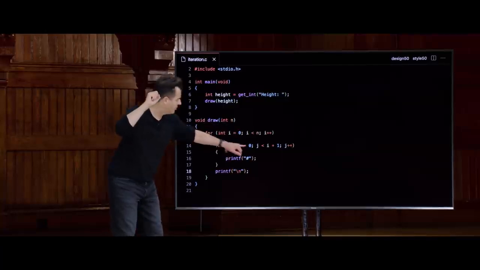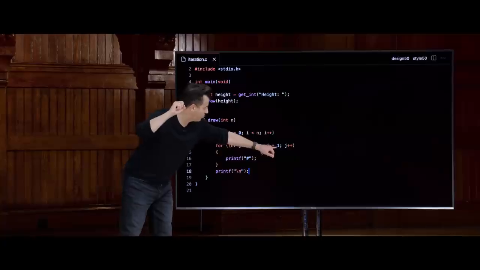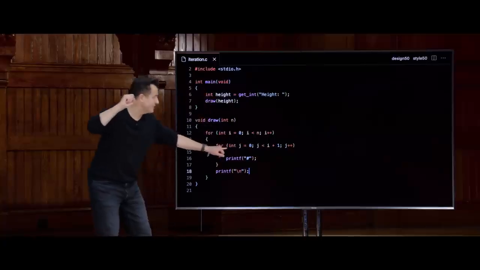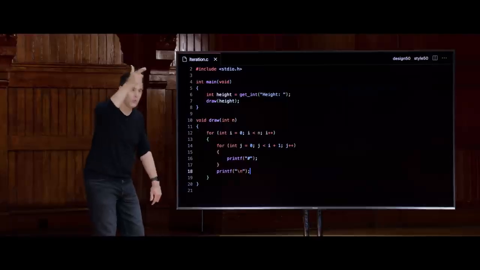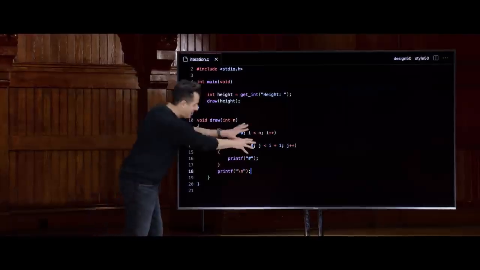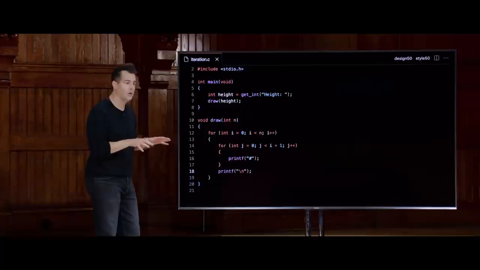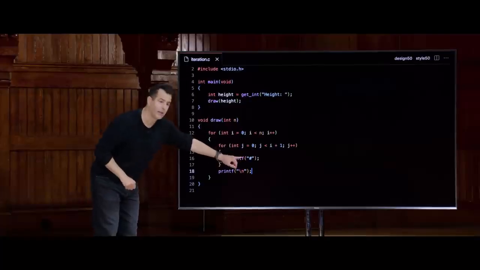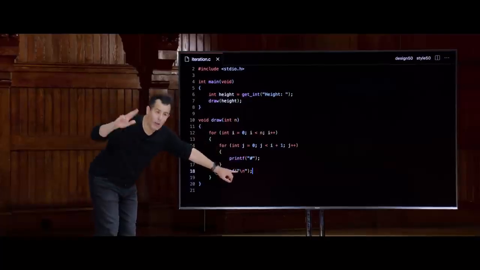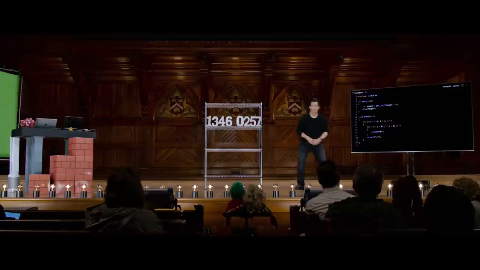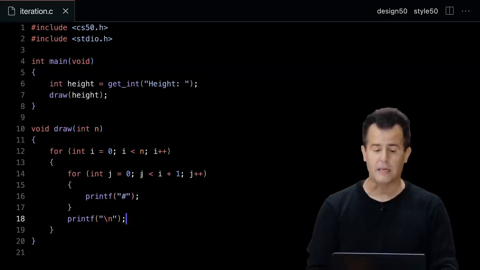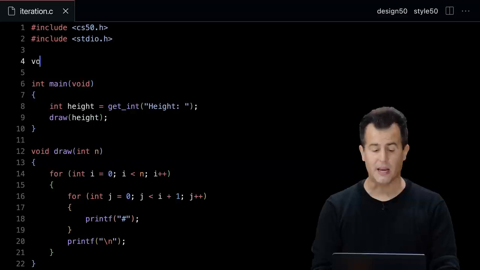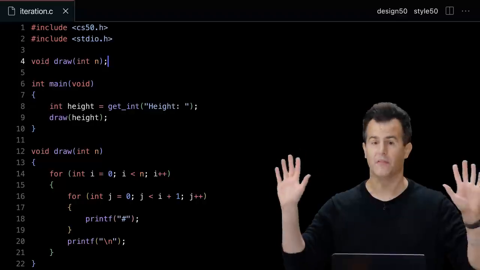Well, if I start counting i at 0, I don't want to print 0 bricks. So I need to do a bit of arithmetic here. I need to do i + 1. So 0 plus 1 ensures that this inner loop, j, gives me 1 brick, and then 2 bricks, and then 3 bricks, and then 4. So I just need to be a little clever and think about the arithmetic, but I think that gets the job done. That prints out hash, hash, hash, hash, one at a time. But at the end of each row, I move the cursor to the next line. So even though I did this pretty quickly, and it might have taken you much longer to do problem set 1, as expected, I think this will give me what I want, so long as I avoid making a past mistake. I need to put the prototype of this helper function at the top.